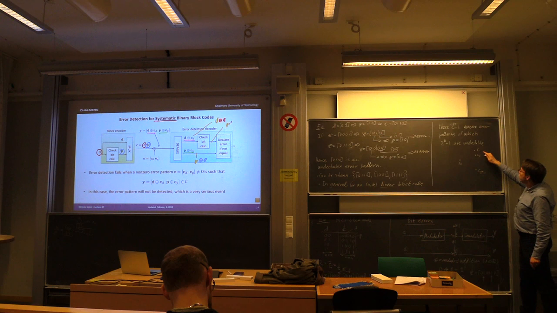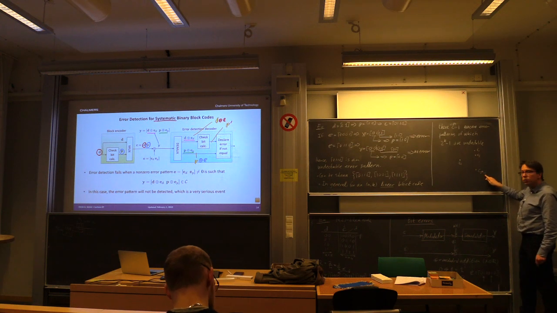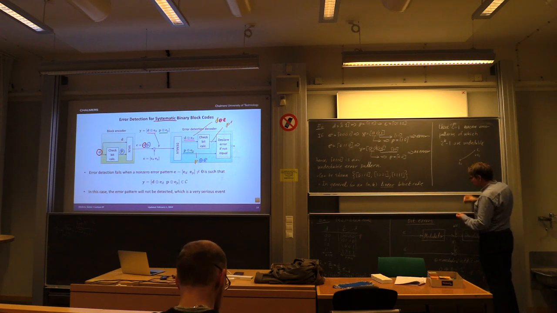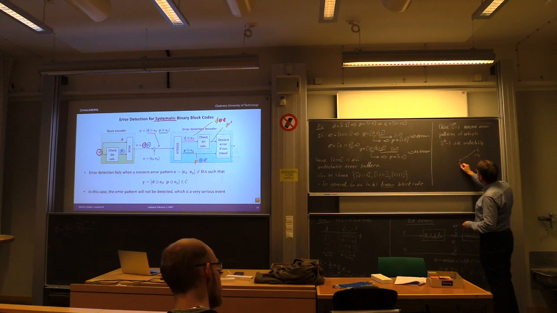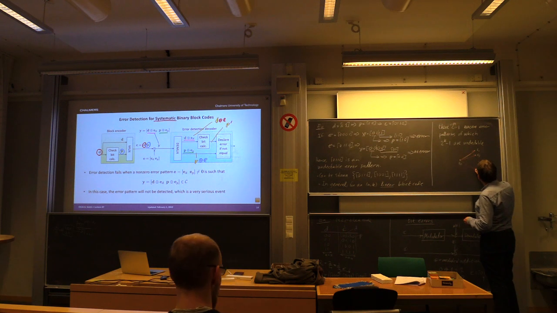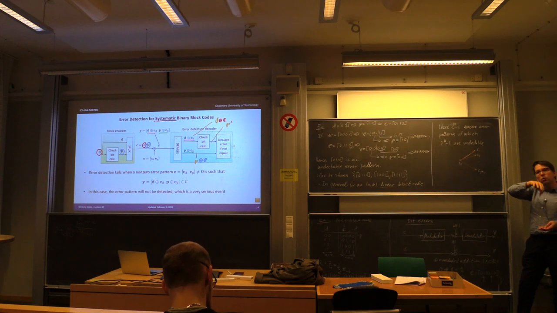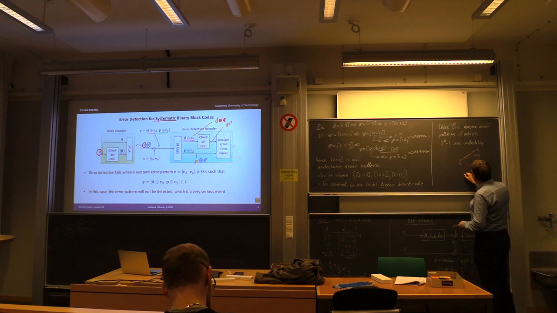Okay. So here we have 2 to the power of k minus 1 other code words. And if we transmit this one, then any error pattern that goes like this, and all of these are unique, will not be able to be detected because it goes from one code word to another. But then there is a bunch of other patterns here